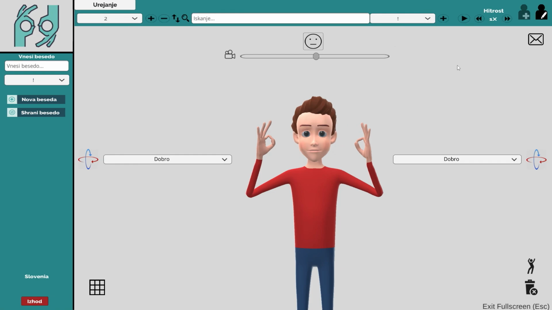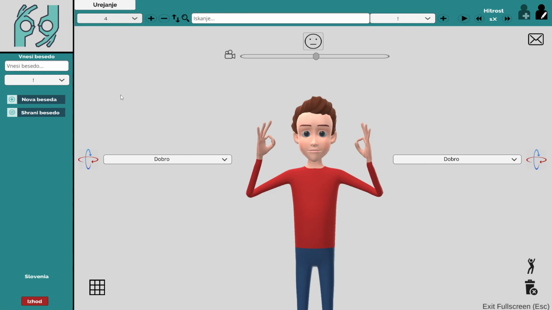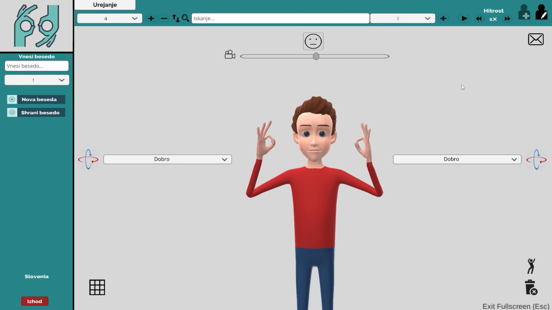After we are happy with this motion, we need to add a repeat to the gesture to create the entire sign. To do this, we will copy the first avatar position, which will generate the animation of returning the avatar's hands back closer to the face, and then we will copy the second position, which will become the fourth and final position. Now, if we play the animation, the avatar will show the sign cat in Slovene Sign Language.